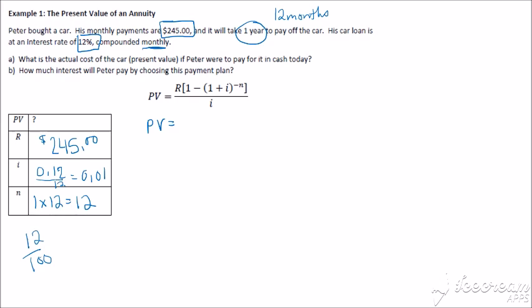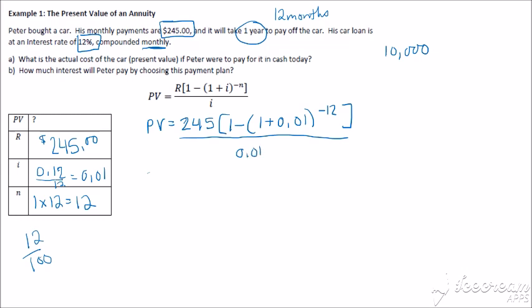And say you bought a car for $10,000. Well, at the end of the loan, you're not going to have paid $10,000. You're going to actually have paid more. Okay, and that's where the interest comes from. Okay, so present value equals 245, square bracket, 1 minus 1 plus the I, which is 0.01, raised to the negative 12, square bracket,